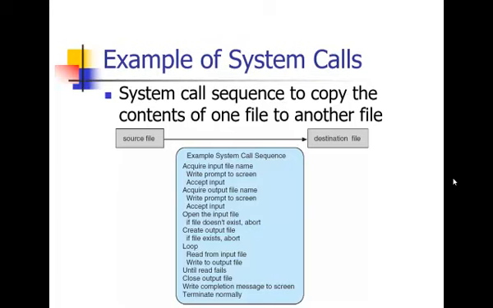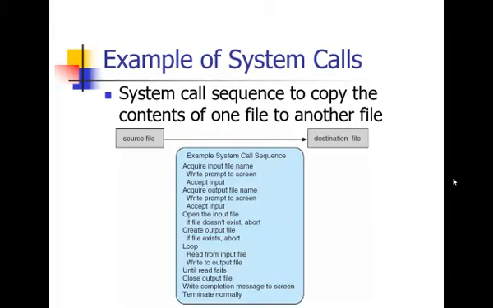Then if the file does not exist, then you have to display to the screen that the file does not exist. So you abort that task. Else we create the file